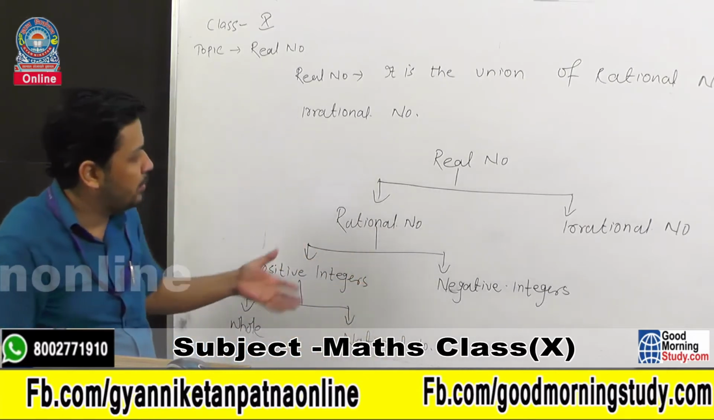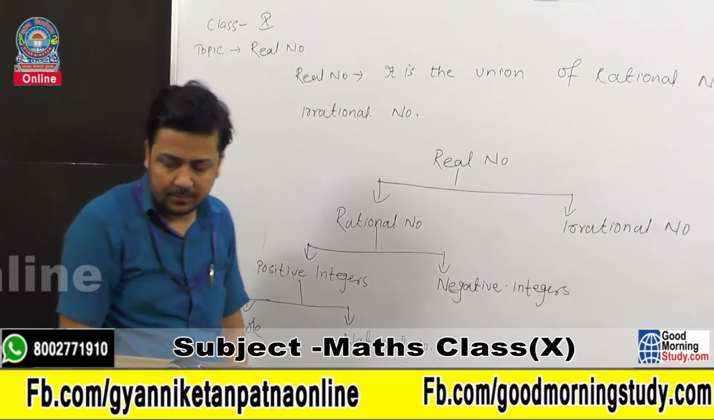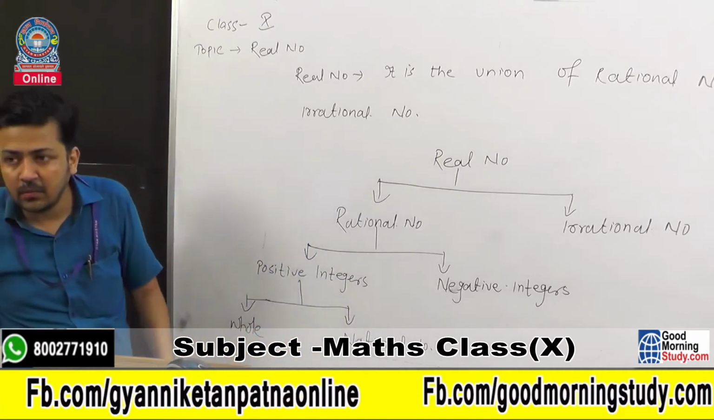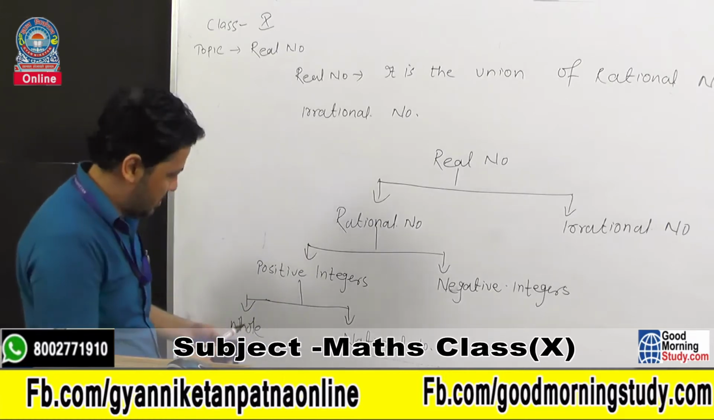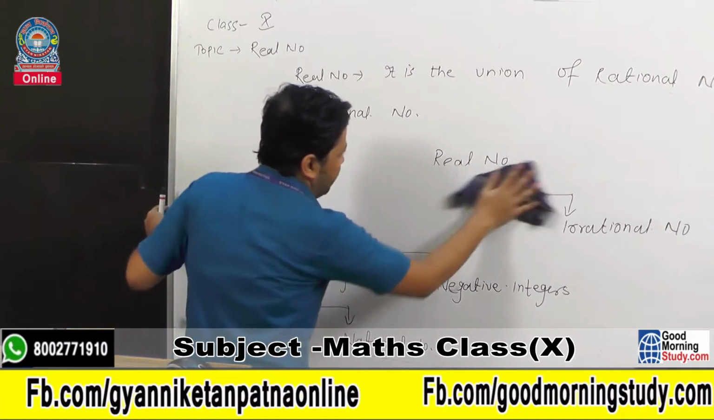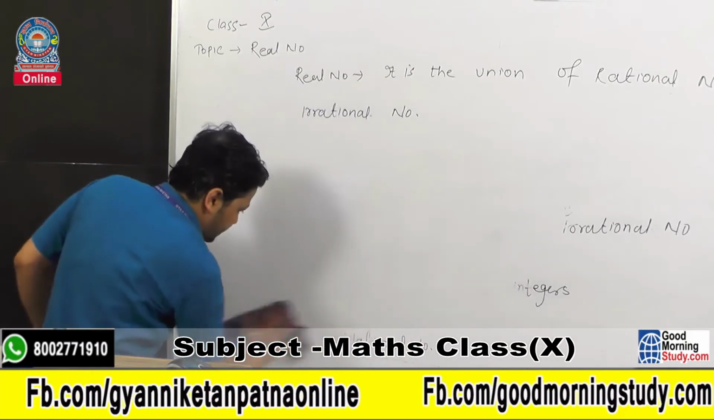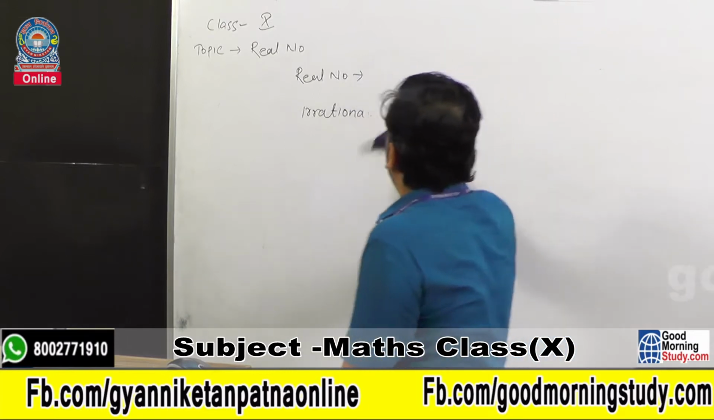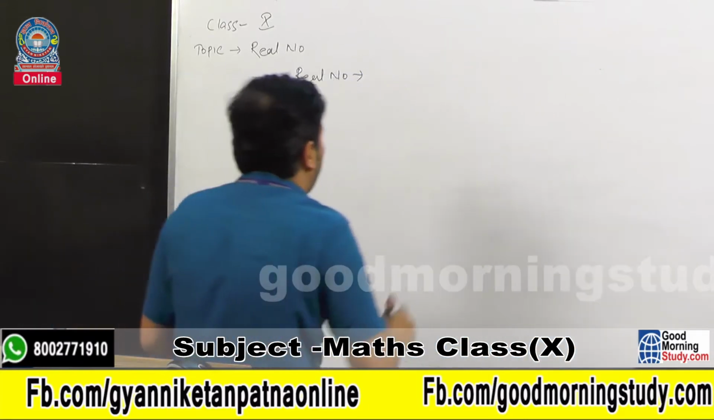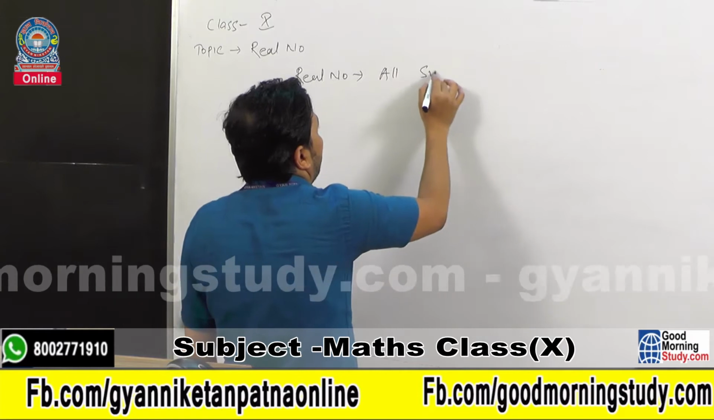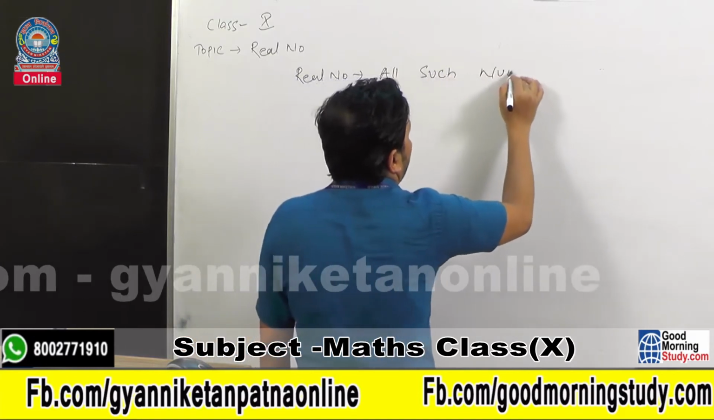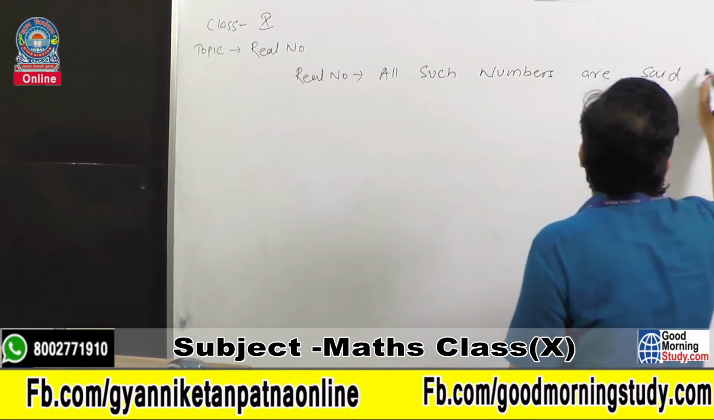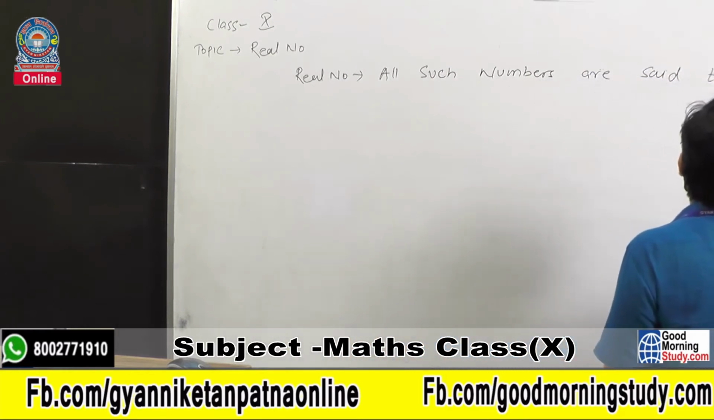I'm just giving the brief example of real number. Now come to another point and another definition of the real number. I am removing this and then I am writing another definition of real number. All such numbers are said to be real number